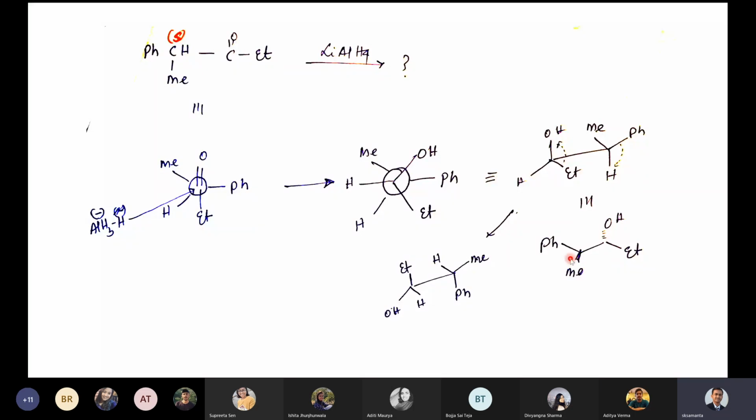If you don't do that, also fine. If you leave it in this step, I would accept it. Just don't worry about this part, forget about this too. Just leave the product in this projection formula, but your stereochemistry has to be correct. If the stereochemistry is wrong, I will not grace you with marks, but if the stereochemistry is correct, you will get the full marks. Okay, clear? Is it clear now?